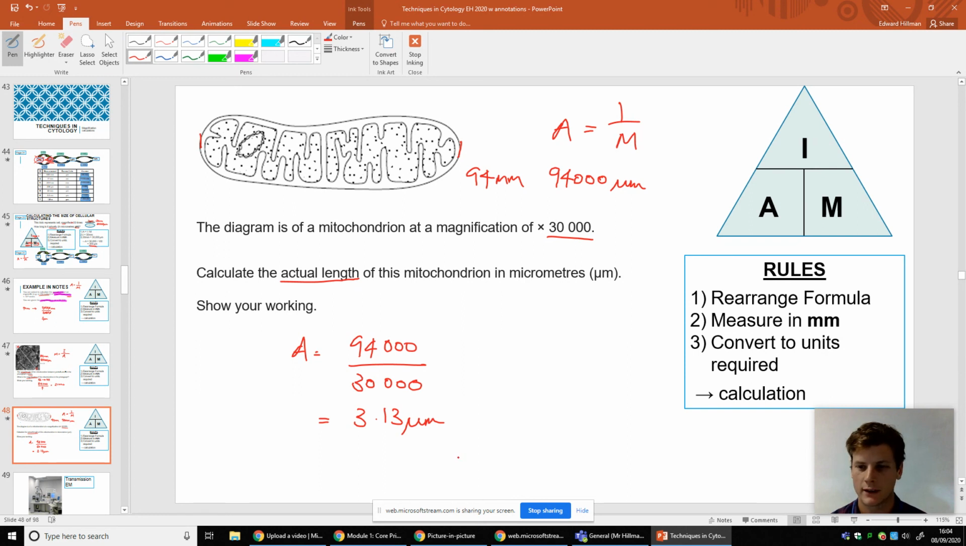Okay, and that's some examples there of some magnification questions. They come up a lot. Learn how to follow these basic rules. If you follow those 3 steps each time,